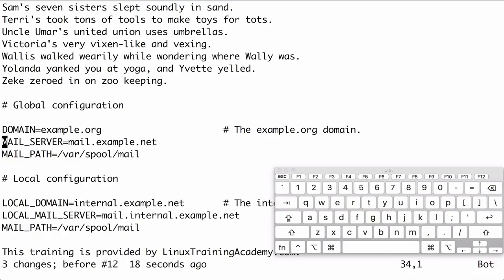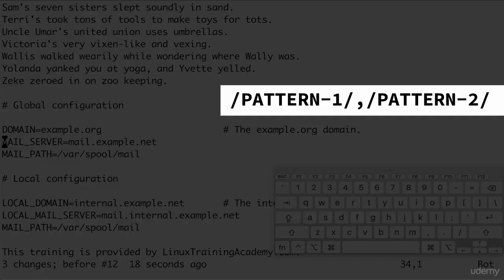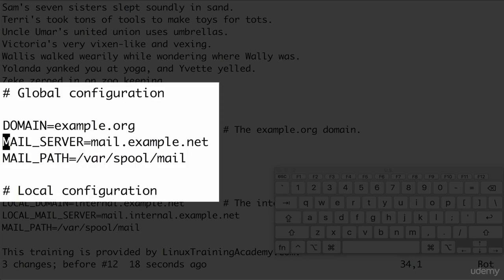There's another way to specify a range, and that is by a pattern. You can specify a pattern with /. So if we only want to change net to org in the section starting with #global configuration and ending with #local configuration, you can use this command: